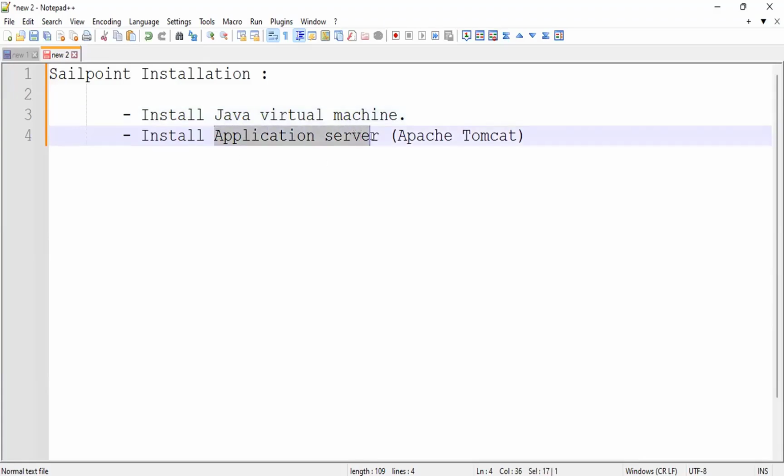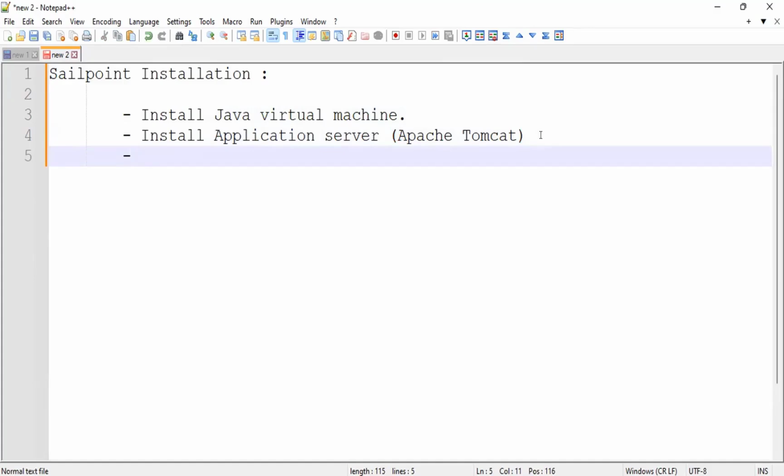Once you install the application server, it's quite easy. Just double click on the exe file. It's next, next, quite simple. Let me explain what that is. After that, you are going to deploy